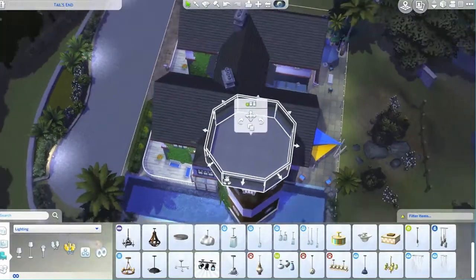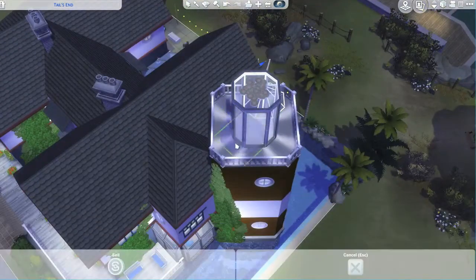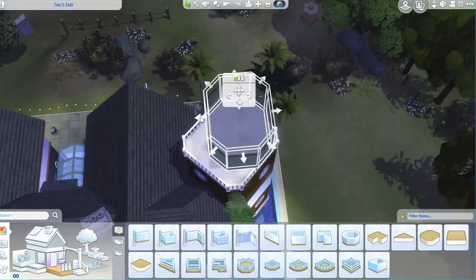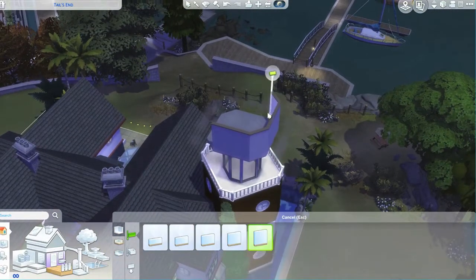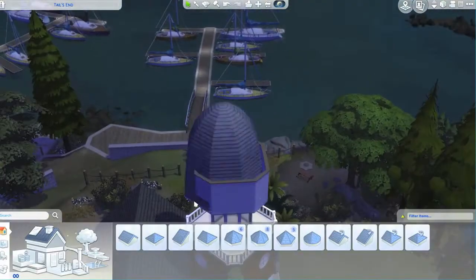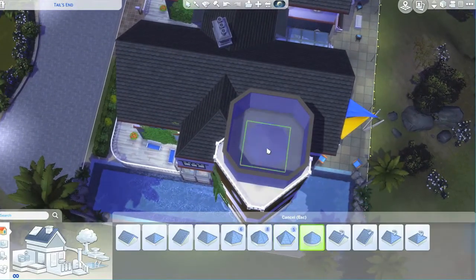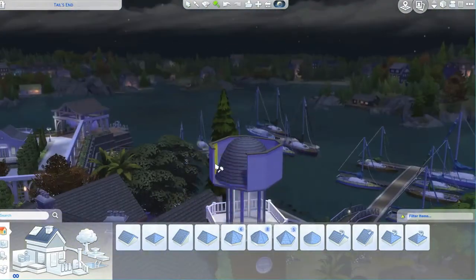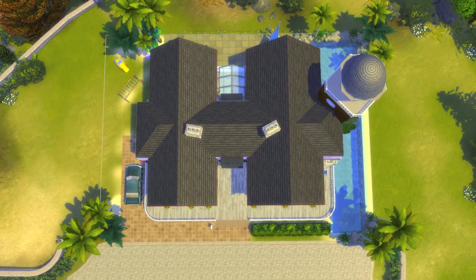And then I try expanding the roof. In the end, I actually just put a bit of flooring on the top, and then put a dome roof on the top. And it actually works out a bit better, because using the half walls and stuff was not going very well. And it was super hard to pick an actual roof that fitted into the space, because I don't know why I always seem to not be able to pick the right shape roof. And this is when I realised, nah, it's not going to work with the half roofs, and just leave it like that. So there are the screenshots